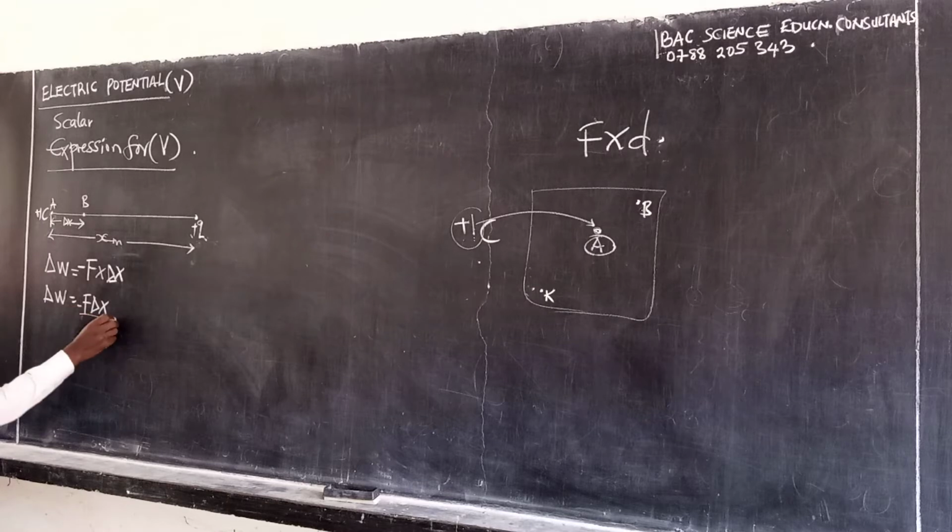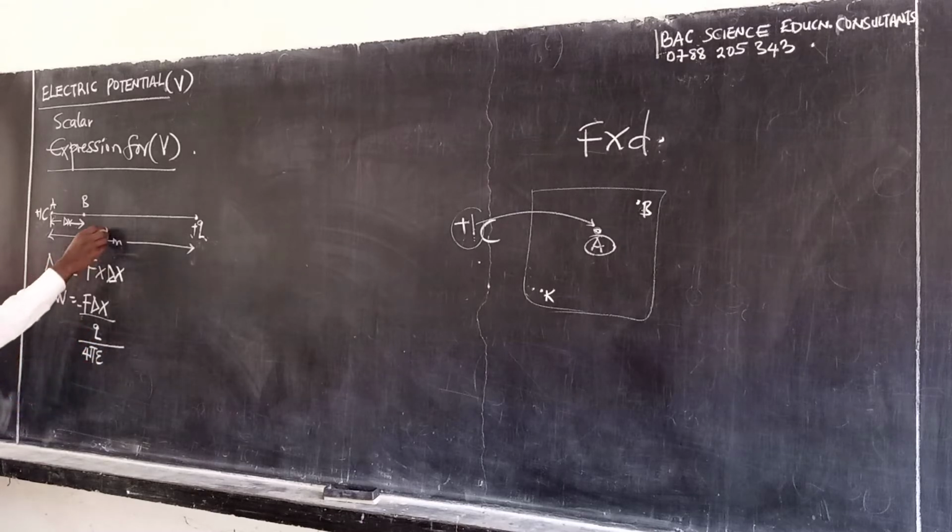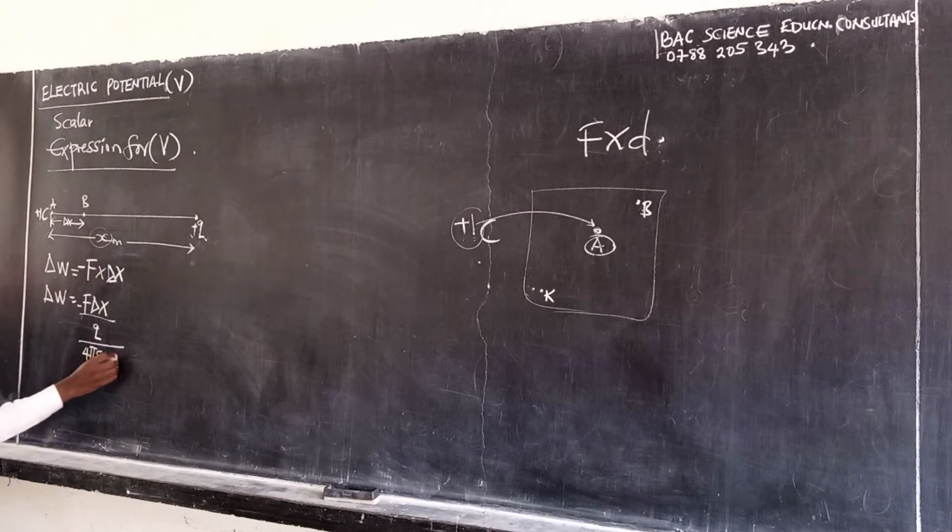But we know the force due to this charge Q, and of course this other charge is 1, is 1 out of 4 pi epsilon, then the distance between them is x squared. I am reading epsilon as general for any medium. That is the small work done.